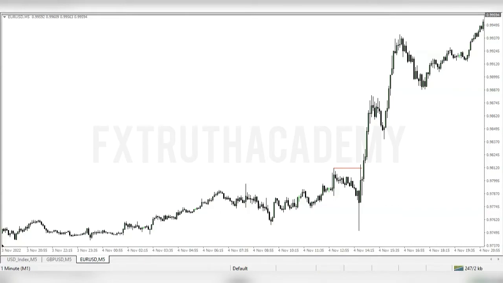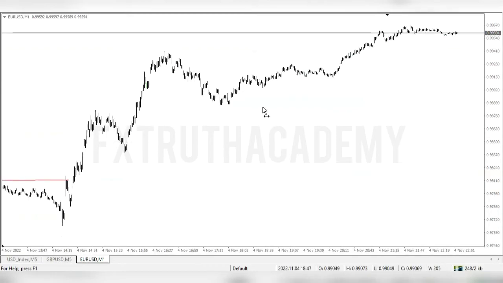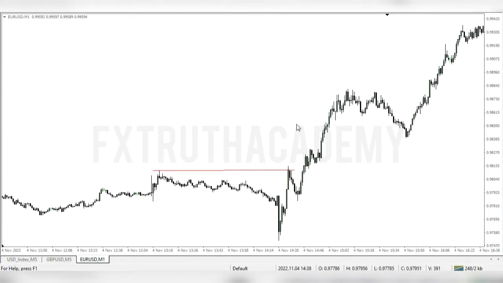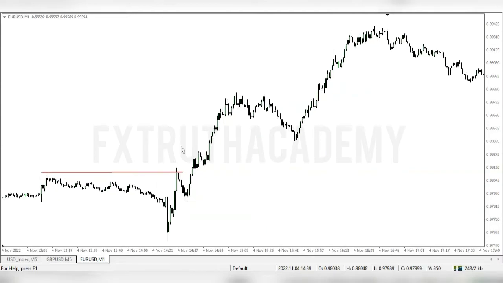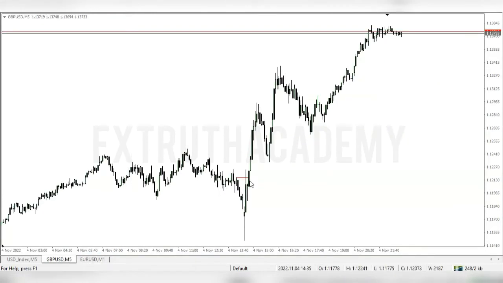I normally don't do this, but I had to do it. So I went down to the 1 minute to look out for entry, you understand, a return in price, and I got what I wanted. So this was the return in price I saw. I entered on this particular candle and bought all the way up to this particular area. I didn't hold for the large portion of the whole move to the upside. I only entered here and exited somewhere around here. And the same thing I did for the pounds also.